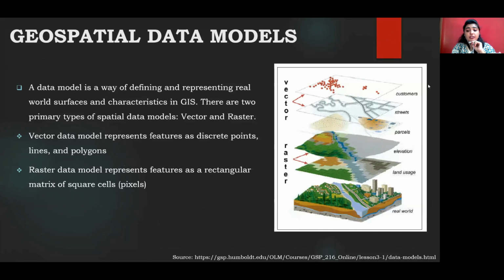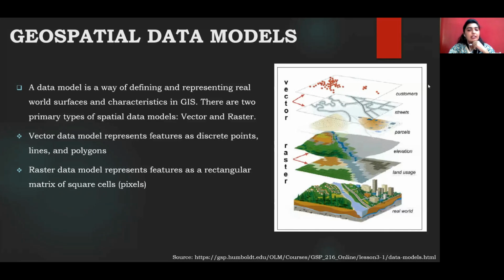Please be very thorough with these scales of measurements because the type of scale of measurement that you use will affect your results. So, whether you want to use ratio or interval, nominal, ordinal, depending upon the project that you have taken up, will help you know whether your results will be accurate or not, whether you will have a predictable result or not. This brings us to the next discussion of our session today, which will be the geospatial data models.